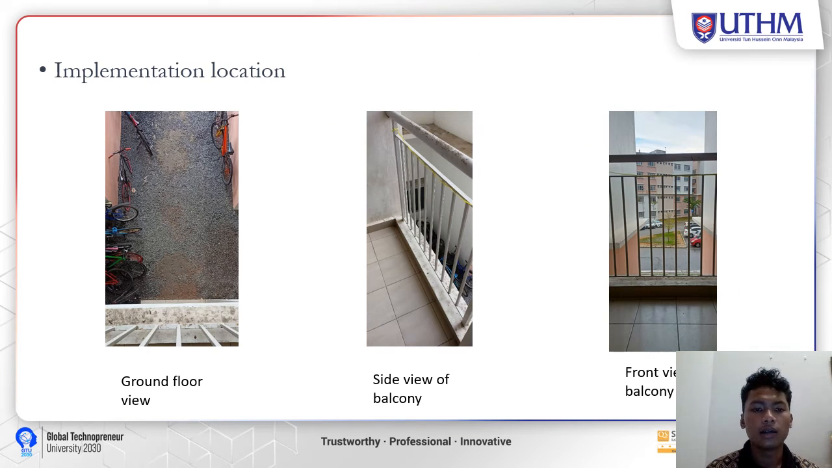Implementation location. The project will be applied at the block A11 at College Pagoh 3. The structure will attach to the balcony, which these three figures show the balcony where they have a ground floor view, side view of balcony and front view balcony. In the balcony having a round steel, square shape steel and the slab,